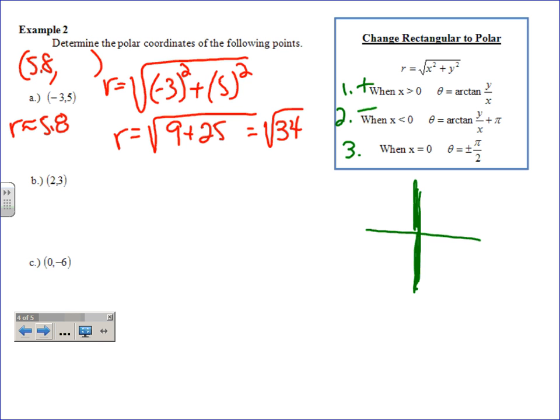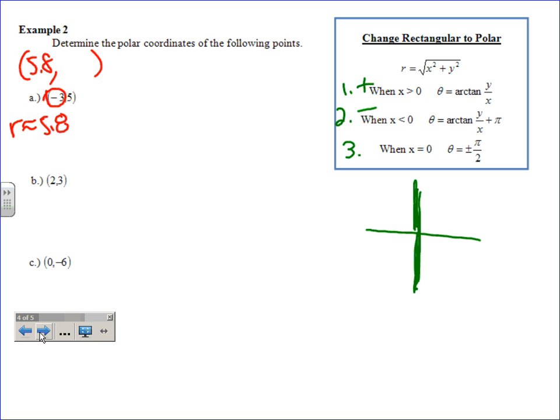Look at x. X, not r. X is negative, so we will be doing option 2. You don't look at r, you look at x. So when it's less than 0, theta is the arctan. How do we sometimes write arctan? Tan to the negative 1, of y over x, so 5 over negative 3